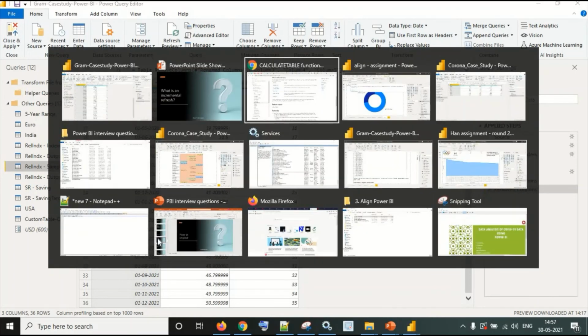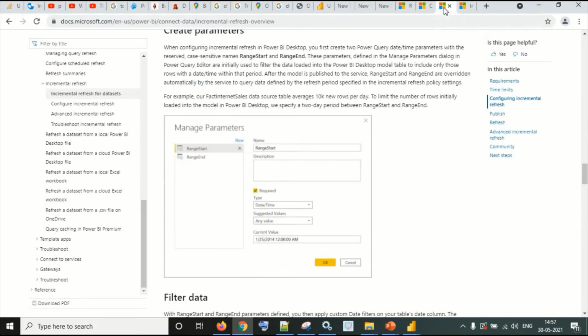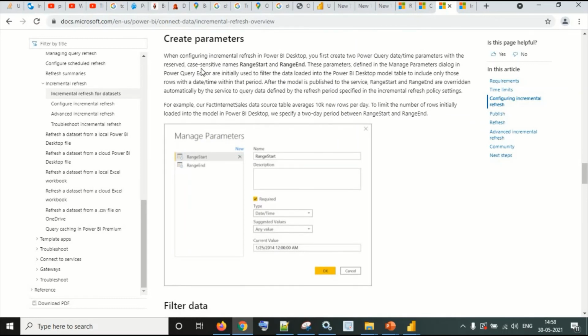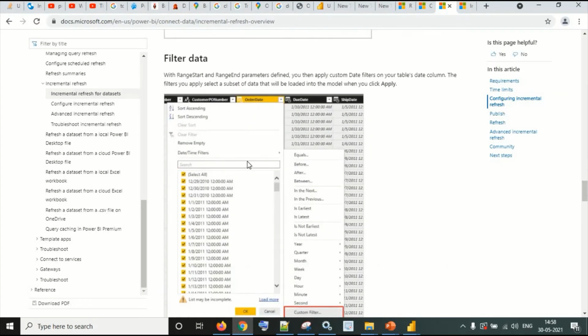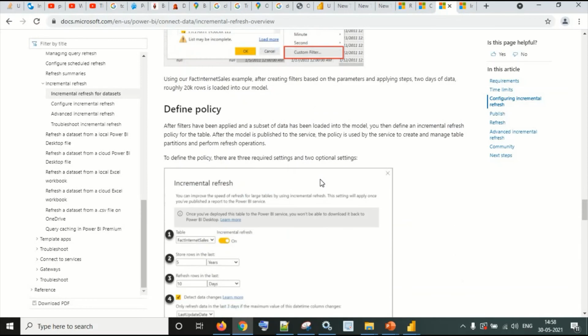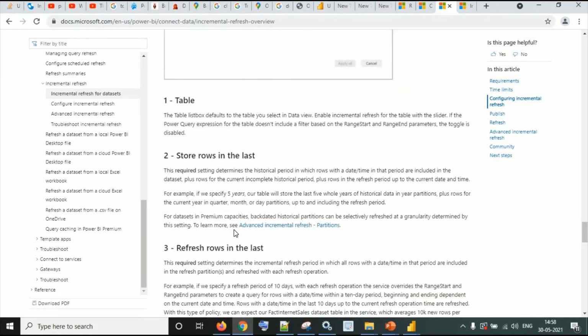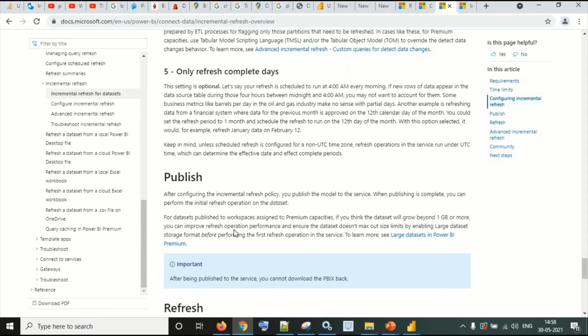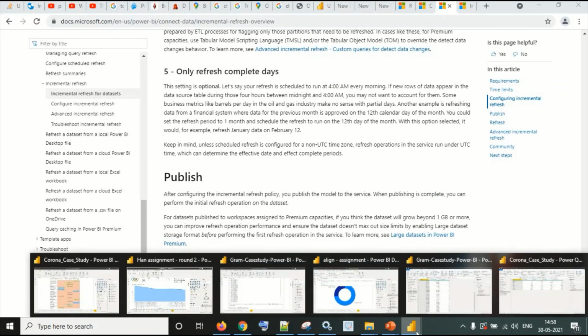So let's navigate to the official blog and see how to create incremental refresh. Initially we have to create parameters as we discussed earlier. We have to start with RangeStart and RangeEnd. Then we can filter our data on the date column, and once we filter our data according to the date column, then we can use that in incremental refresh in the data pane of Power BI Desktop.